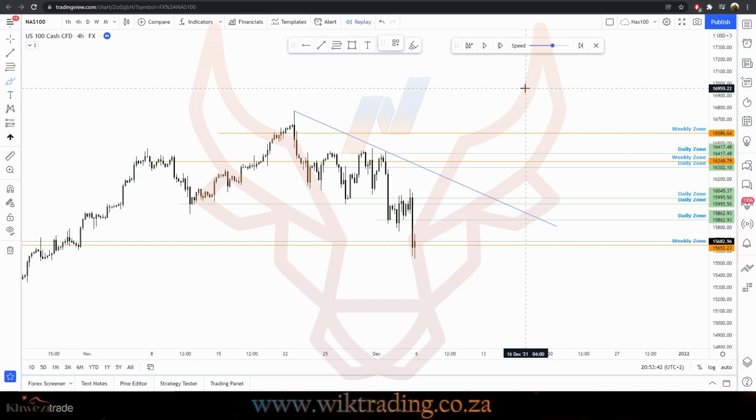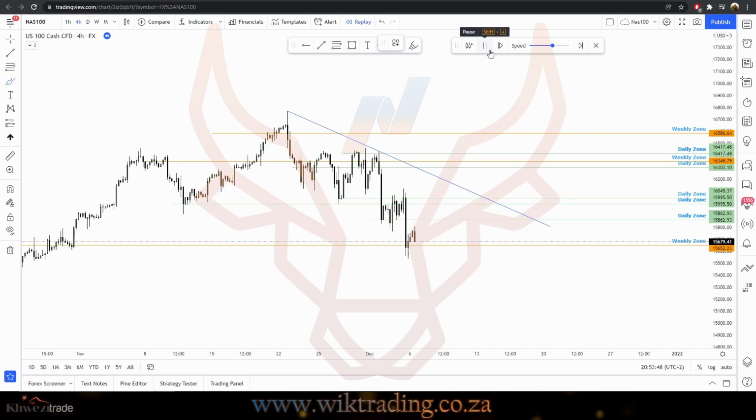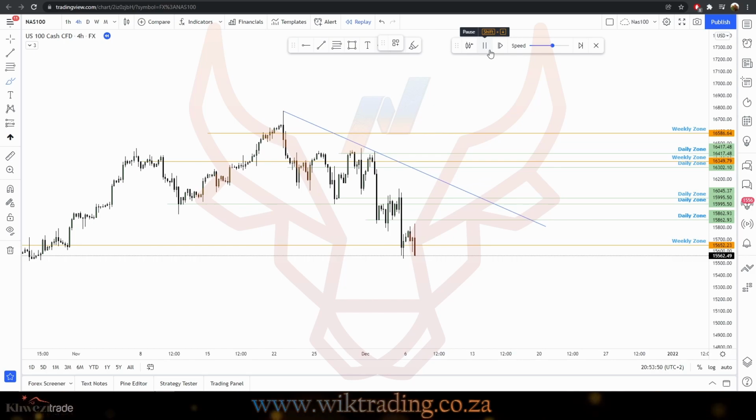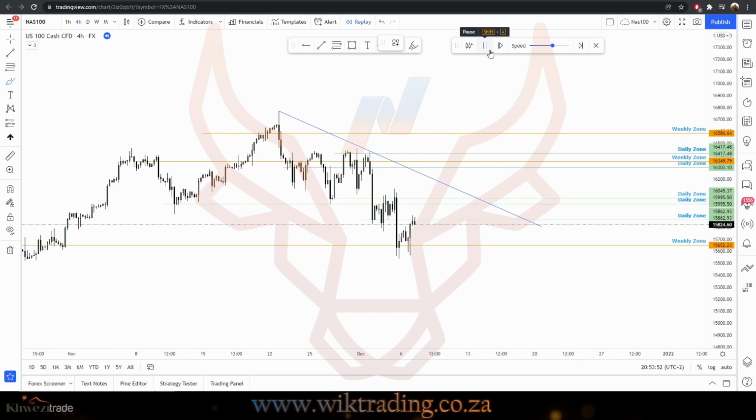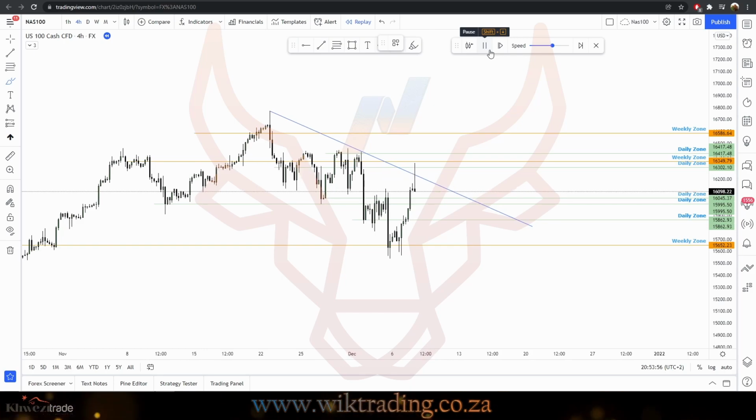Let's have a look at what played out last week in the market. As you all know, I expected the market to continue bearish, but the market decided something else. We got quite nice support on that weekly zone. We broke through the daily zone, we broke through the second and the third daily zone, and eventually broke through